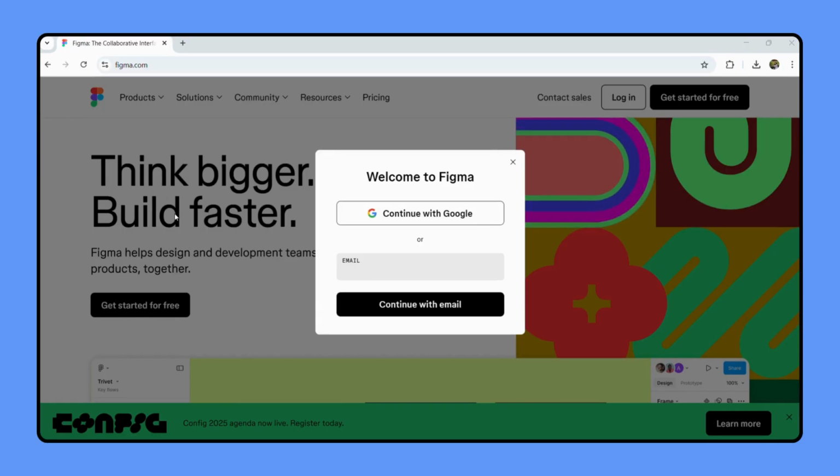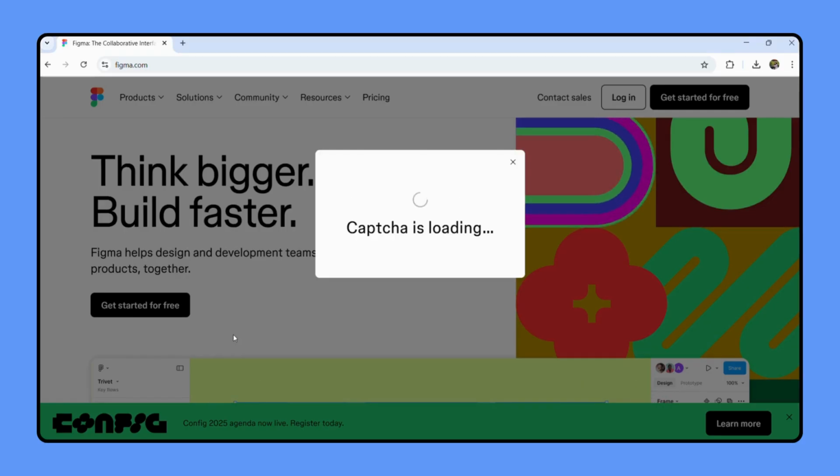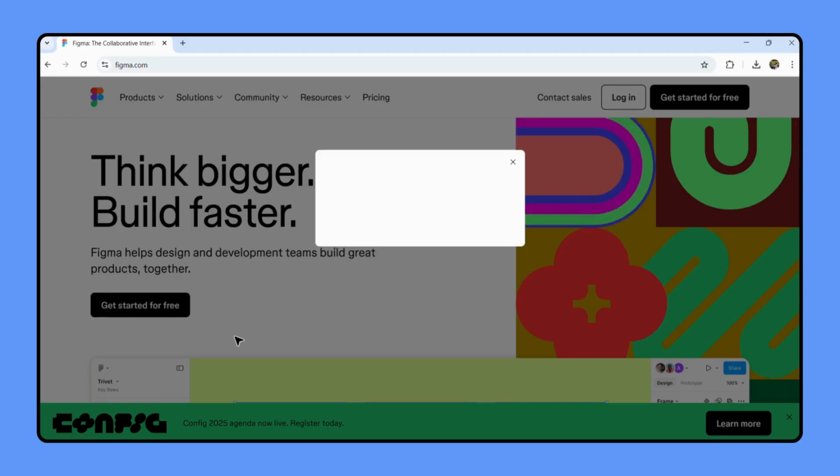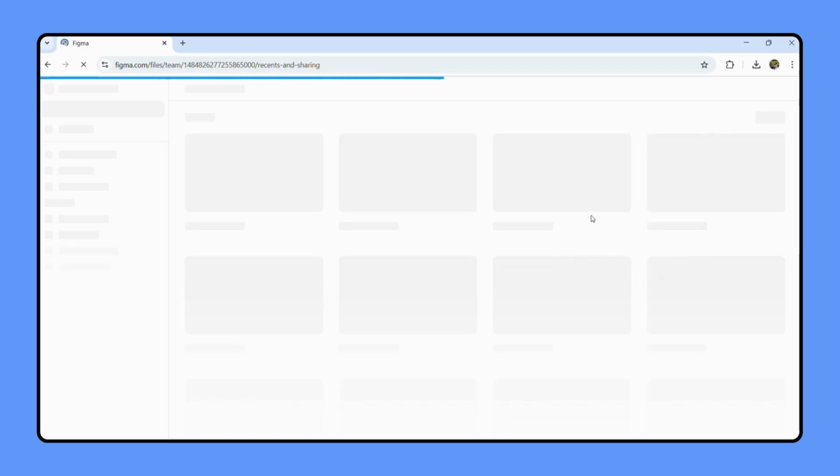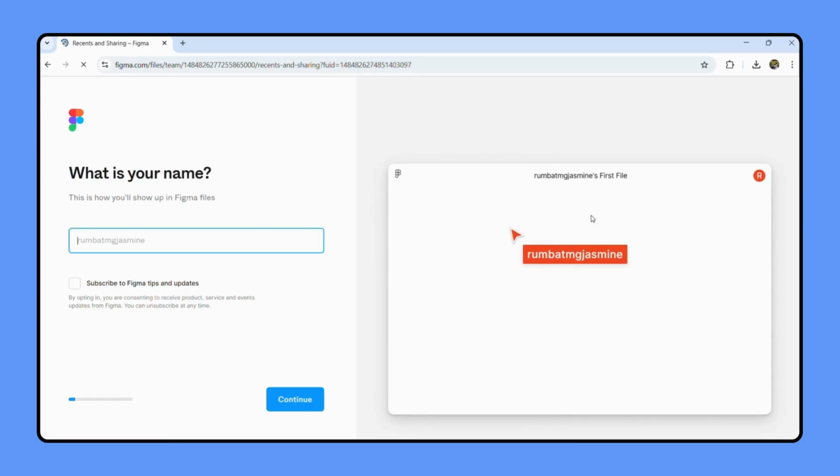And now let's choose that. Let's hit continue. Now it's loading. If you're going with the email, you can simply type in your email address, and you have to look for your email for the confirmation and type in all your personal information. Since I went with Google, it will be easier and faster, I guess. So once you've filled all those things,